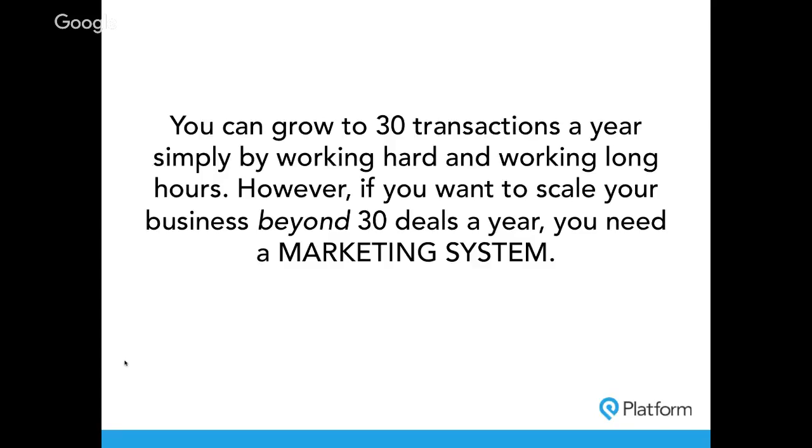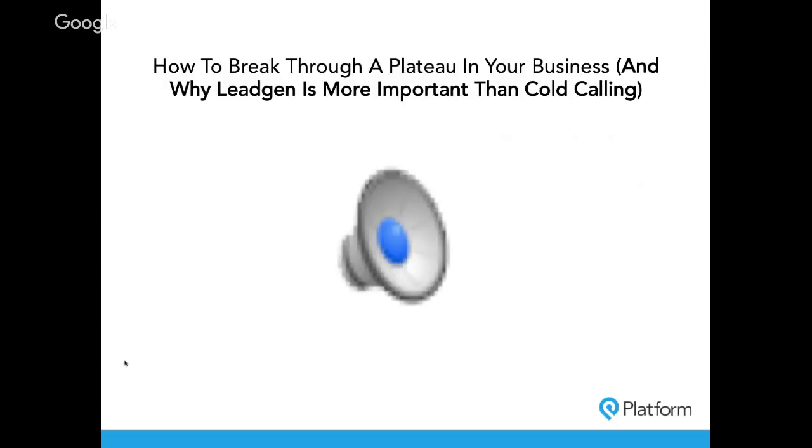But to get you beyond that point, you can't just work harder. It's not about hustle. It's actually about marketing, right? Specifically lead generation, because hustle and sales and just working hard is actually the exact thing that will prevent you from getting to the next level in your business. And it's a huge risk that most agents have, because they think, hey, this is what got me here, so I just need to double down on this, right? But once you hit about 30 transactions a year, you're running out of time. Hustle doesn't solve the problem. Hustle actually makes it worse, because it covers up the symptoms of what's going on, right?